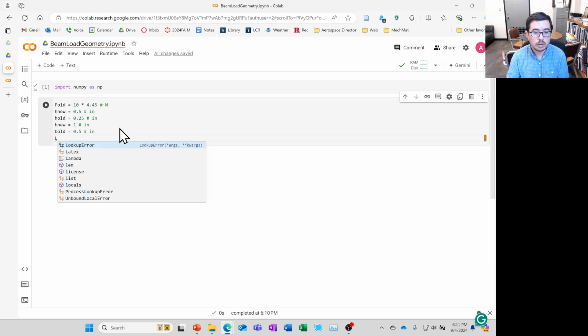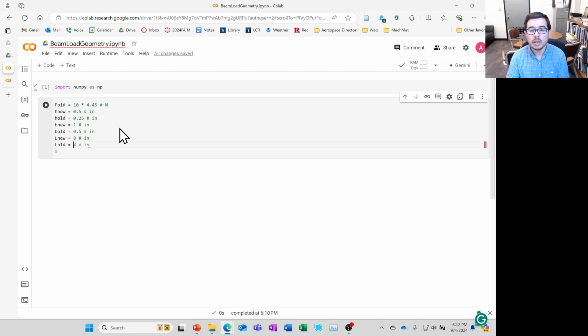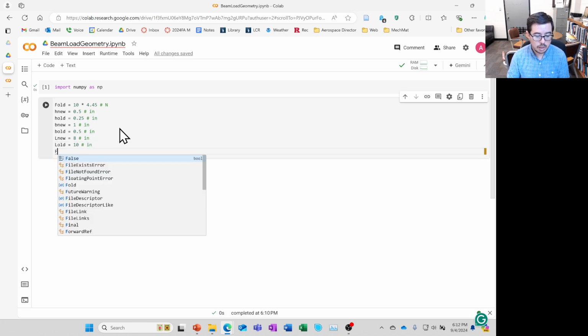L new is 8 inches, and the L old is 10, I think. Yes, 10 inches. Okay, now we do this. All right, like this. Okay, so now we can write out F new is equal to, I guess we can do nice spacing,